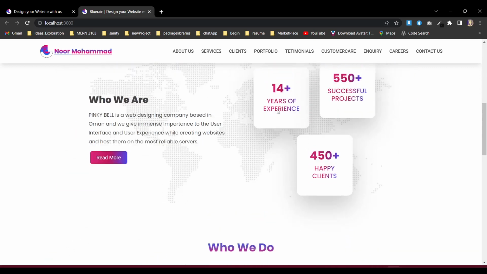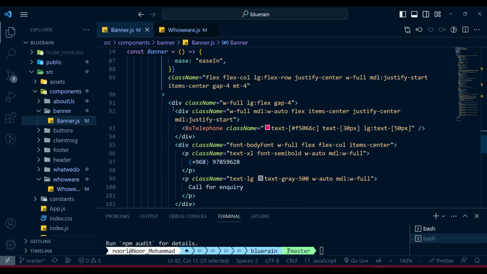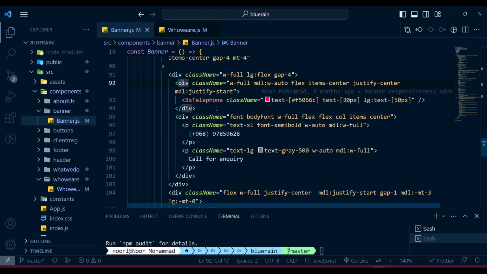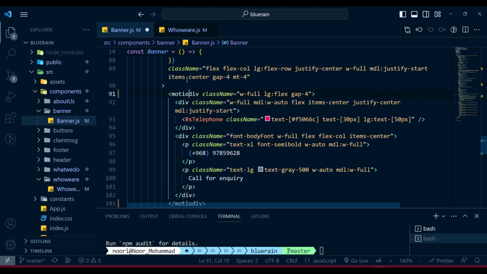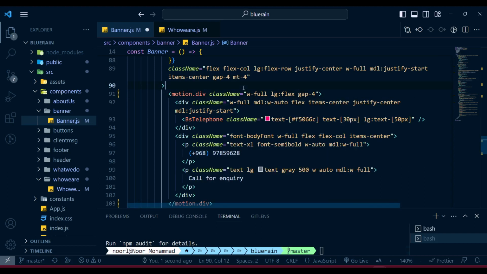So now also make it for this 3 div, and if we come over in 3, you see all of this is in a div. So everything is inside a div. If we just make the div work that way, it will work fine. So let's keep that entire div in motion, and after keeping that,